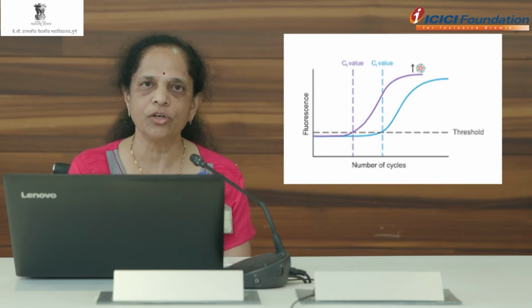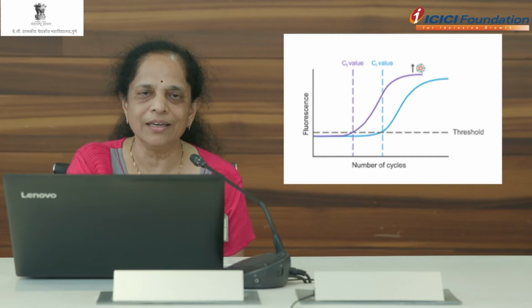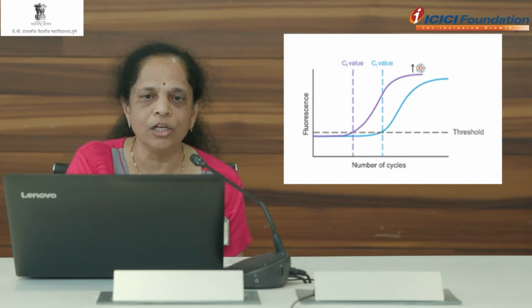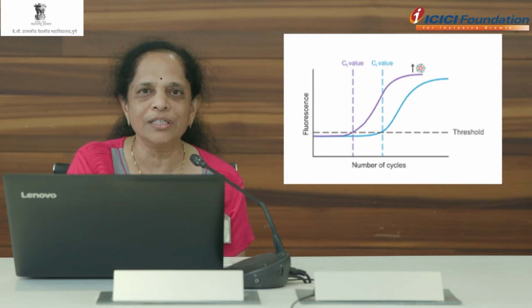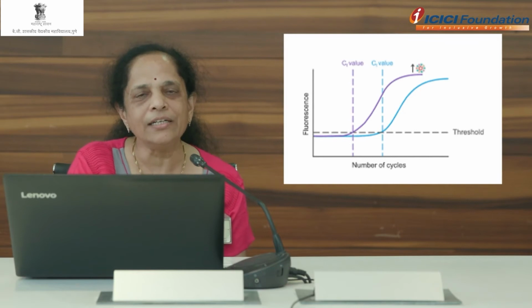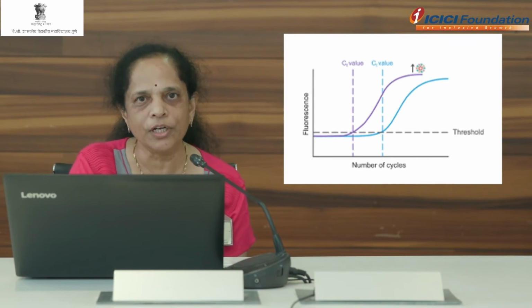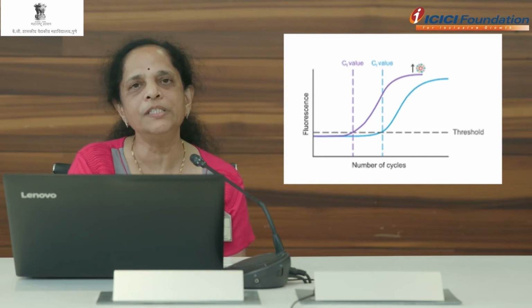What is the cyclic threshold or CT value? That means when we run the 40 cycles in the thermal cycler or the RT-PCR machine, at which cycle number you can see a detectable amount of RNA of that particular virus. That number of cycles we call the CT value. When we say the CT value is 25, that means at the 25th cycle out of 40 you will be able to see a detectable amount of RNA in that sample in the form of a sigmoidal curve.